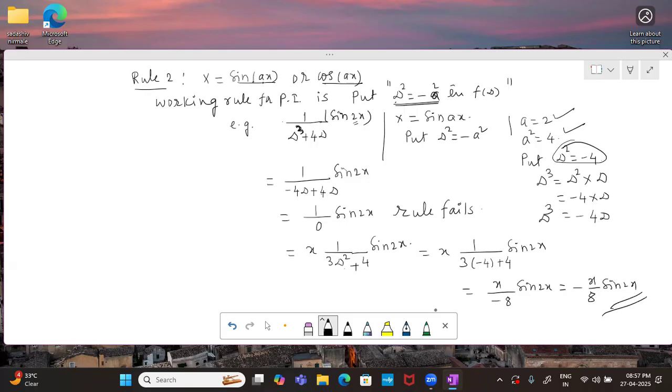So this is the way to apply the rule for trigonometric sine and trigonometric cosine. The rule is not applicable for tangent or other trigonometric functions, but applicable only for sine and cosine. Remember this one. So in particular case,